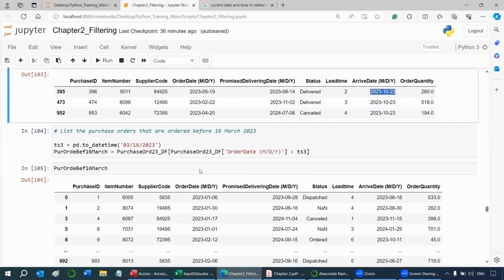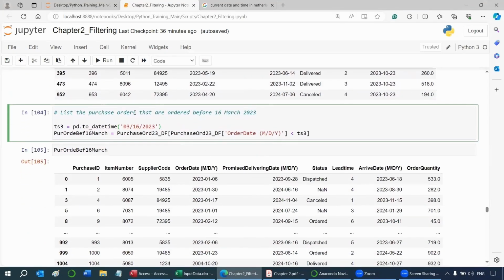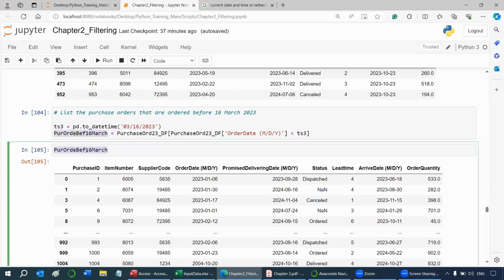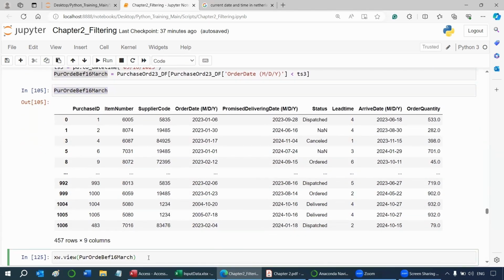And the other example, I want to list purchase orders that are ordered before 16th of March 2023. So here I define the timestamp, which is 16th of March 2023, and I store that timestamp in TS3. And here I do the filtering in purchase order line data frame. Order date is before 16th of March 2023. So this timestamp 3 is the same as this, and here we define that date. So again, we store the resulting data frame in this data frame, and if I print it here and also in Excel sheet,